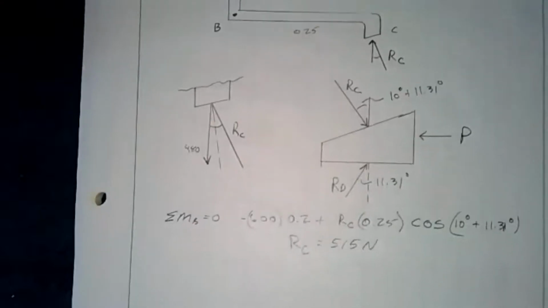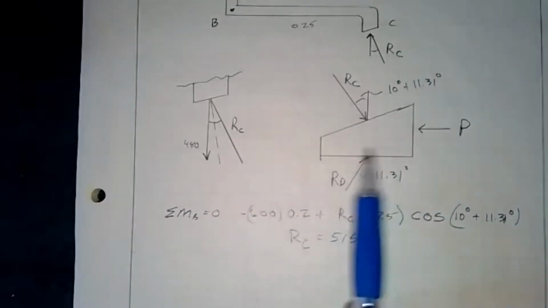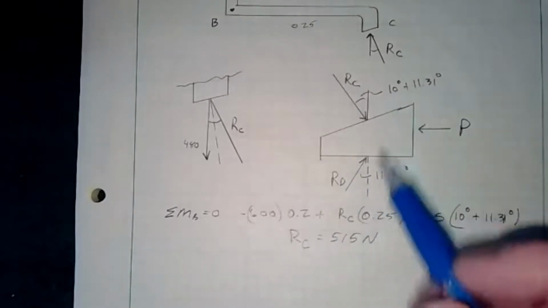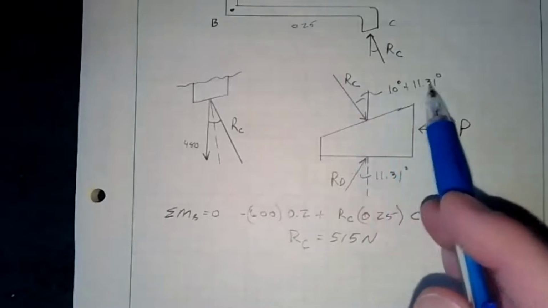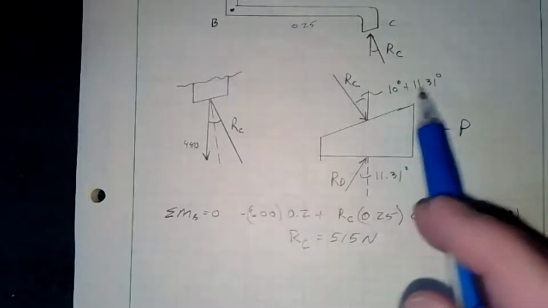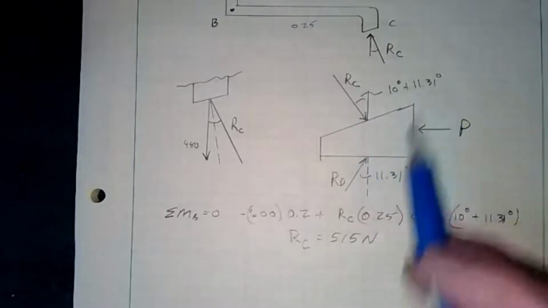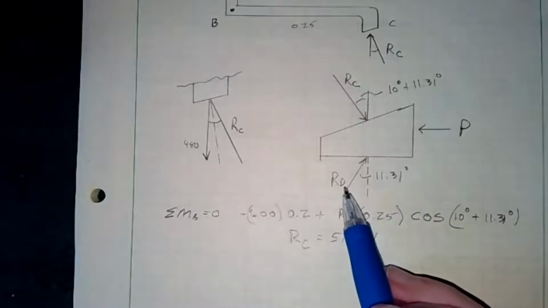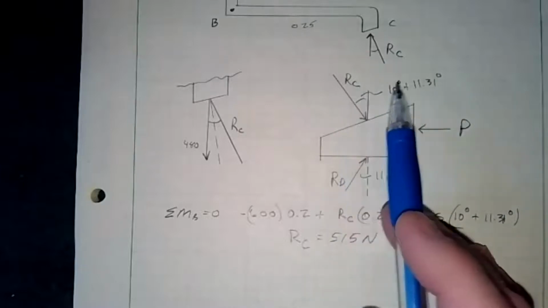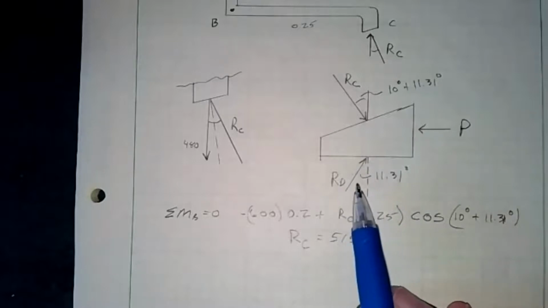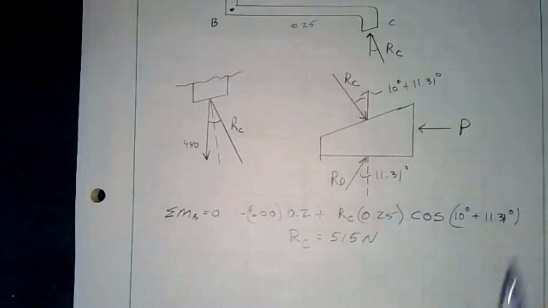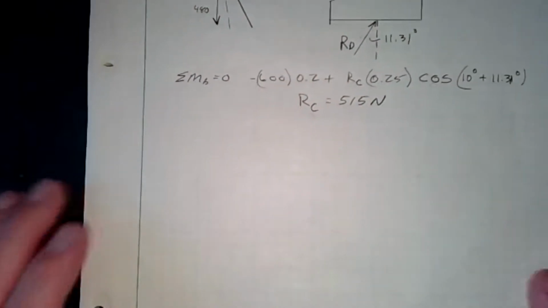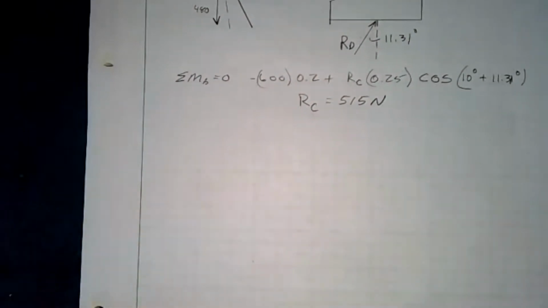All right. Now, as you can see, you could sum the forces in the y direction. If you did that, it would basically be RC cosine of this equals RD cosine of that. You get RD, and then RC sine of that plus RD sine of that equals P. So that's one way to do it. That's fairly straightforward. Another way to do it is with the force triangle, and if we were to do it that way, what we would get